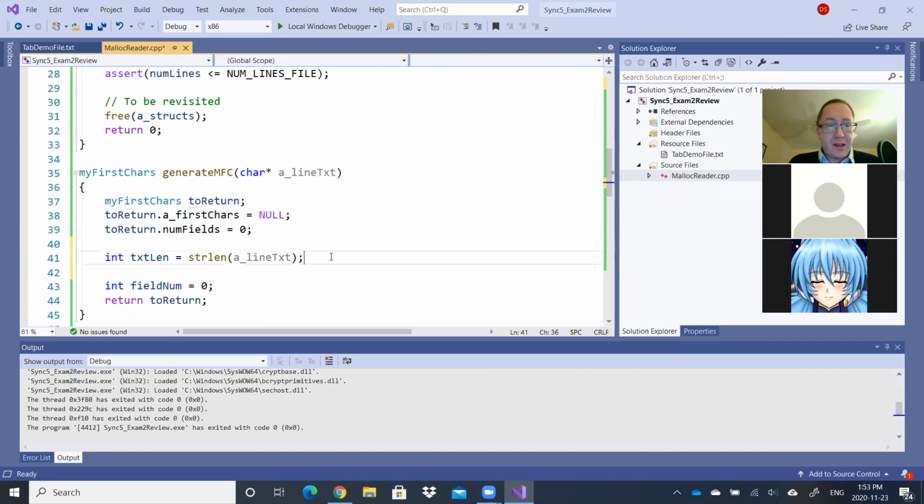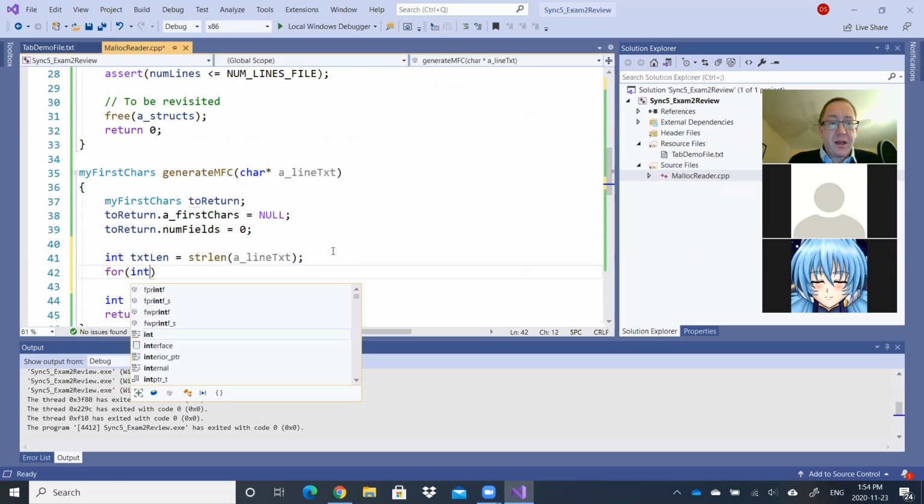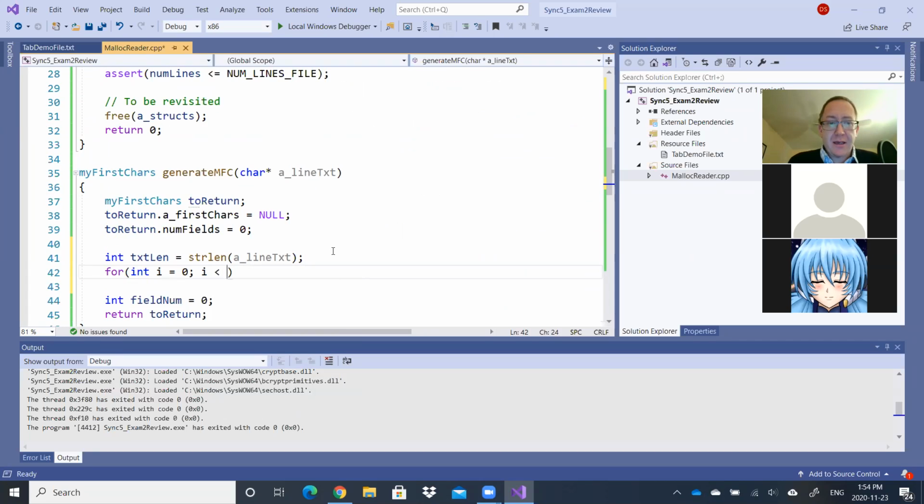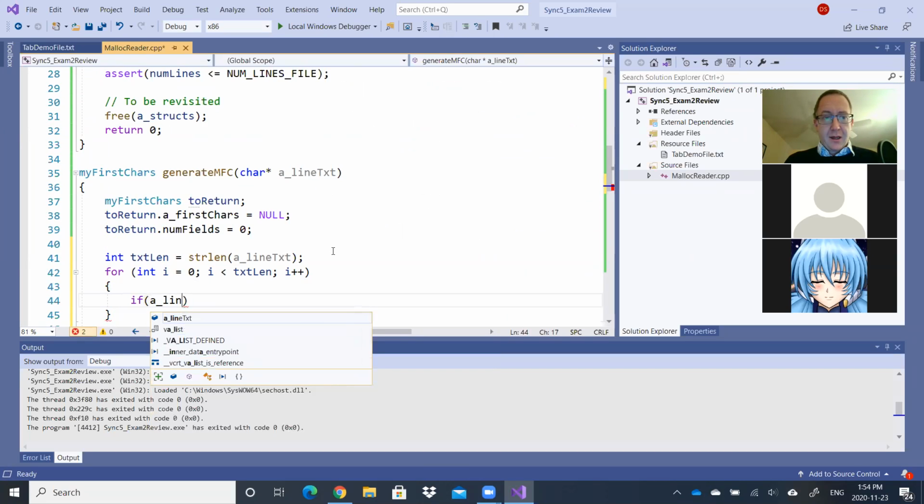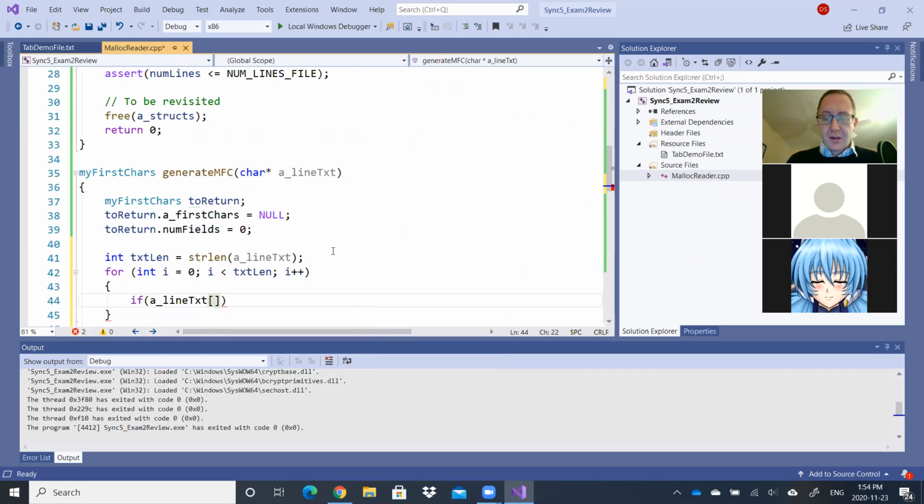Okay, so I'm going to get the length of my string. I'm going to use a for loop here because I can. So for int i equal to 0, i less than text len, i plus plus. Don't even think about it, just 0 to the length. I want to figure out how many tabs I have. So if line text at position i is equal to a tab,